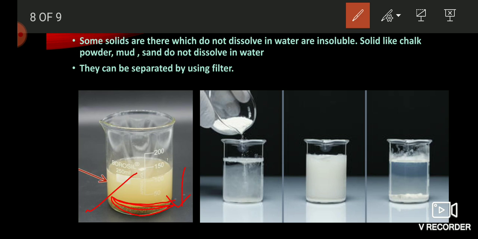Next figure, where chalk dust is mixed with the water. After mixing chalk dust and stirring with a spoon, the water becomes milky. After some time, the heavier chalk particles settle at the bottom of the beaker, and the light chalk particles are suspended or float on the surface of the water. That means chalk powder also does not dissolve in water. The sand is also the same; it does not dissolve in water.